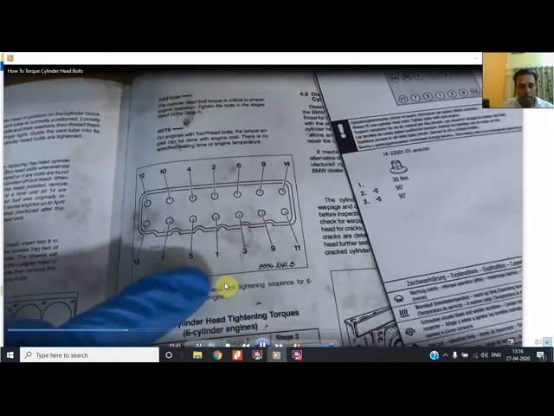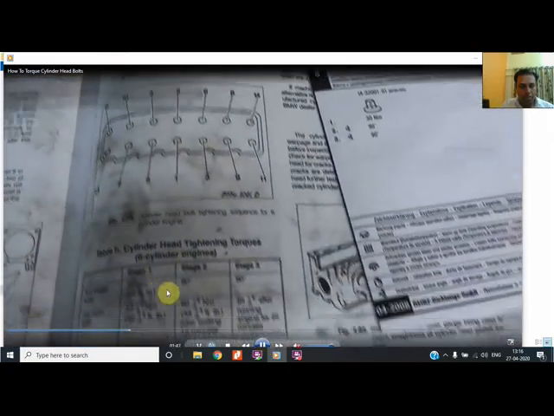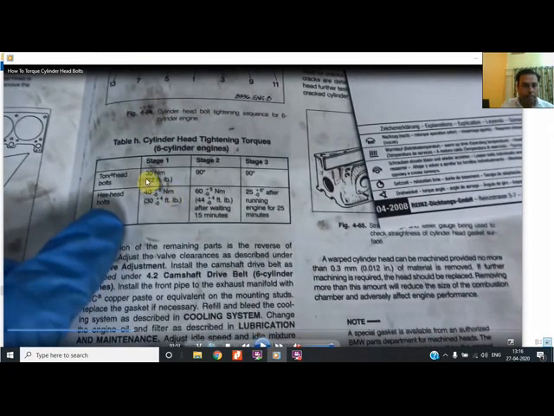Now we are going through the torque they have specified. These are the cylinder head torques which are mentioned over here. In the torque, you will see there are 3 stages of tightening a particular nut. Means for all the 14 bolts that we have to apply, there are 3 stages.